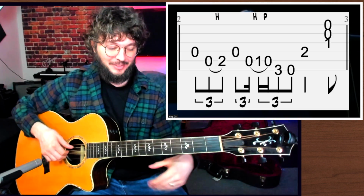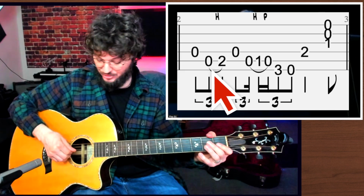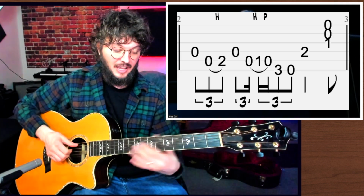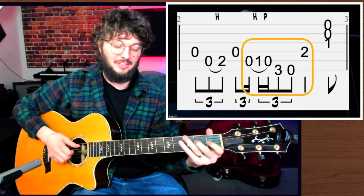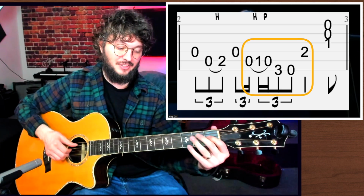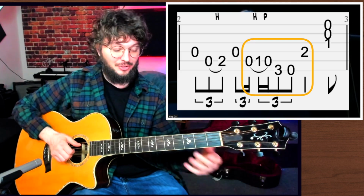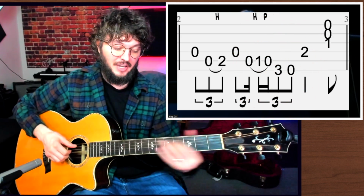Basically what he's doing there is he's playing through the blues scale. So hammering on the A string, open to second fret, to the open D string, like that, and a triplet. And then he does this. So there he goes, 0, 1, 0, with another one of those trills on the A string. Then we're going to the third fret of the low E string, open E string, to this note E, the second fret of the D string. So altogether it's, okay,